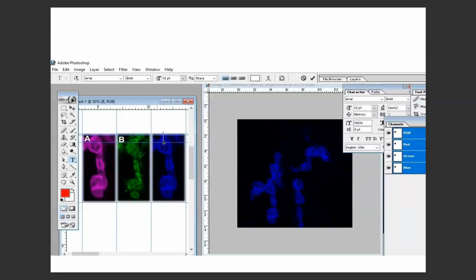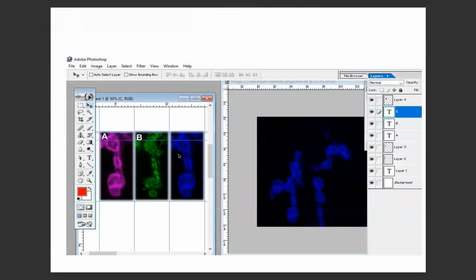Why is this happening? Because the C is below this third layer. This is the first layer, second layer, and third layer. So C is below the third layer. That's why you are not able to see the C here. Sometimes this will happen, so don't worry about that. I will show you how to fix it.